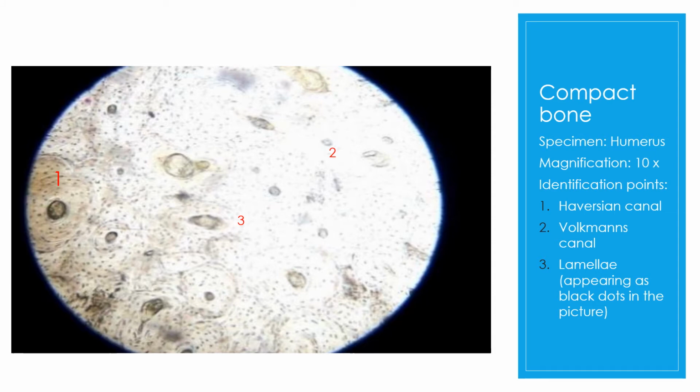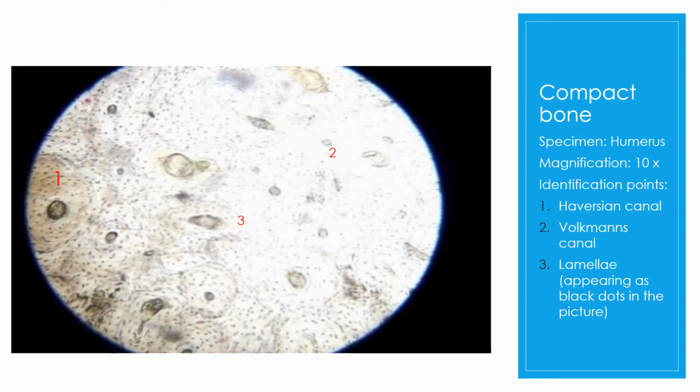You need to identify the three basic points to label this slide as the compact bone. You can see this is a specimen taken from the humerus bone. The humerus is a long bone, and the outer part, you all know, is the shaft. The main part of the shaft is made up of the compact bone, the bone which is lining the marrow cavity. We are showing this slide at low magnification, that is at 10 power.